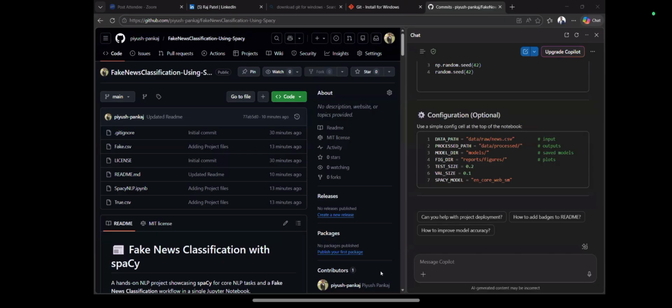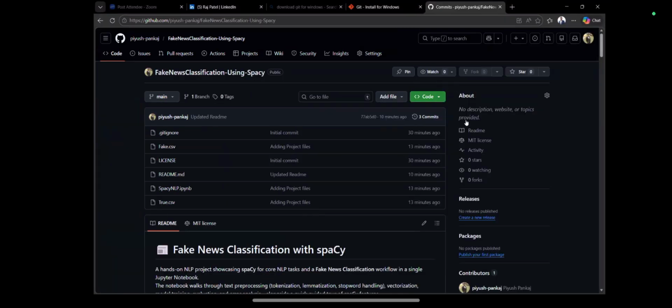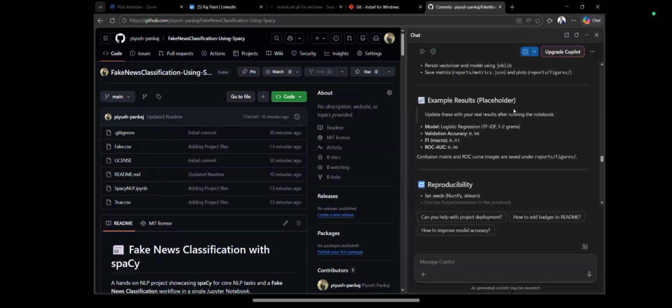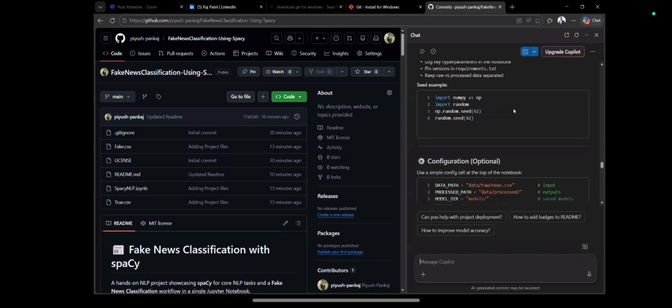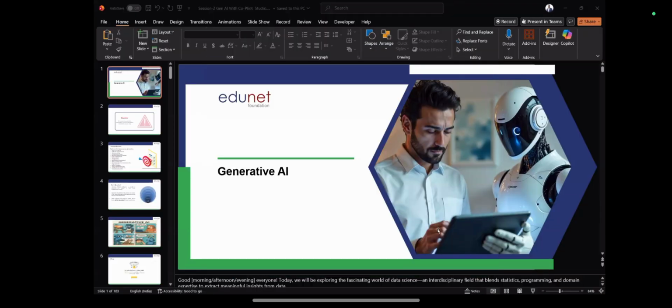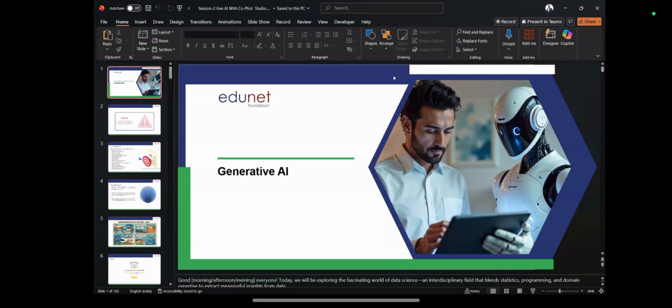So we will be starting our discussion on what exactly a Gen AI tool is, what exactly generative AI is, and what's working behind the scenes. Whatever generative AI tool you're using, Copilot, ChatGPT, Gemini, behind everything there is a brain called LLM, large language model. So we'll try to understand this particular topic. What is generative AI?